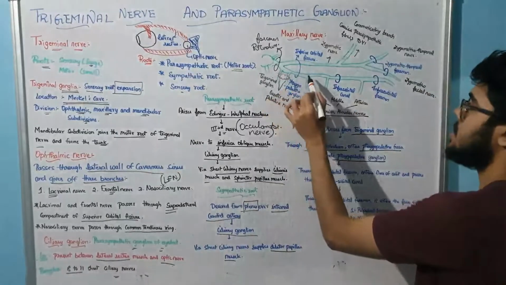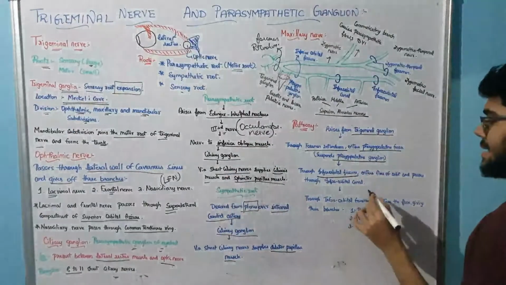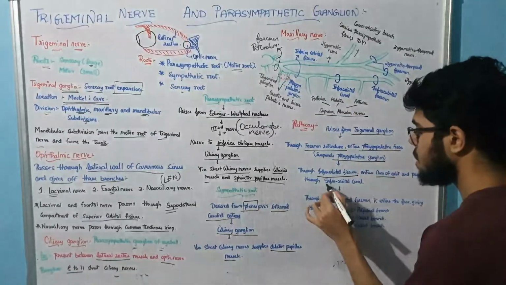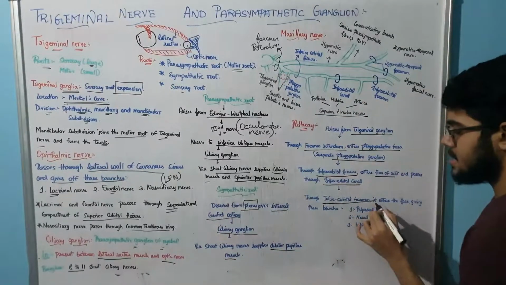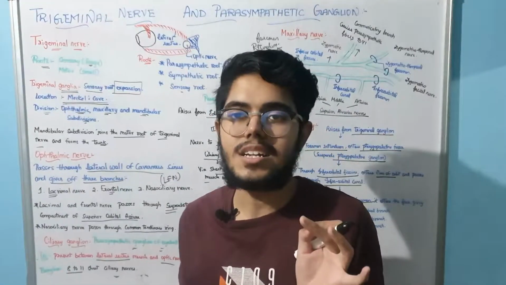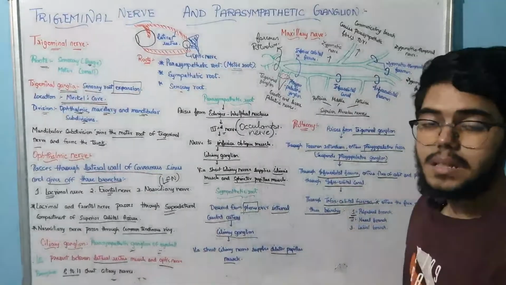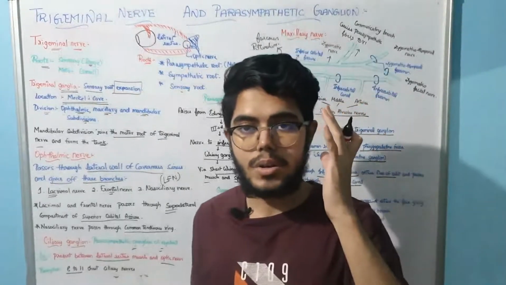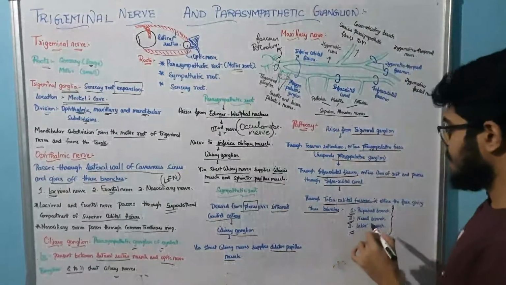Next, where does it move? Through the infraorbital fissure, it enters the floor of the orbit and passes through the infraorbital canal, and through the infraorbital foramen, it reaches the face. In the face, it gives us three important branches, namely the palpebral branch, nasal branch and labial branch. It covers most of the face through these three branches.